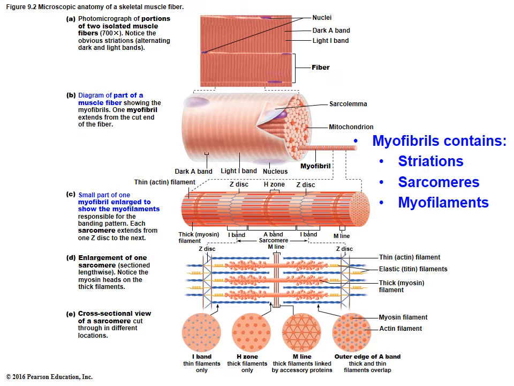All right, I really like this picture. This is figure 9.2, and it starts off by showing you a little histology picture on top, showing you your striations of your skeletal muscle, and it separates it to show you that those are what we like to call two different muscle fibers. So you can see the bracket on the side highlighting the fibers,